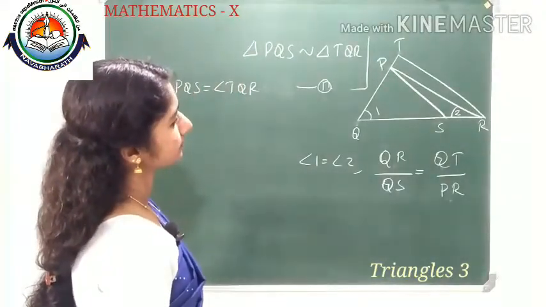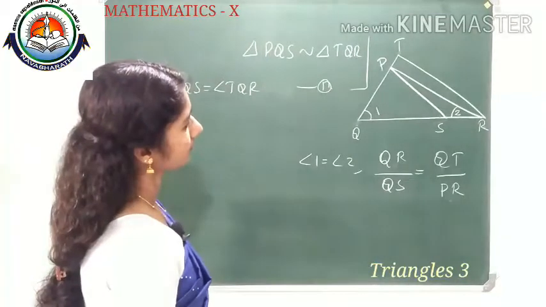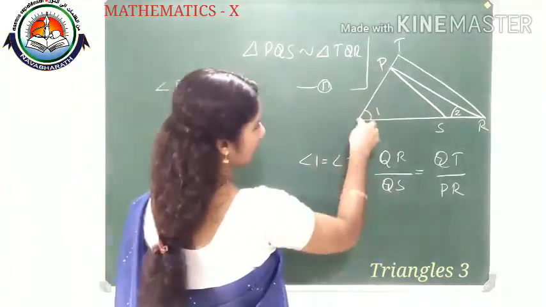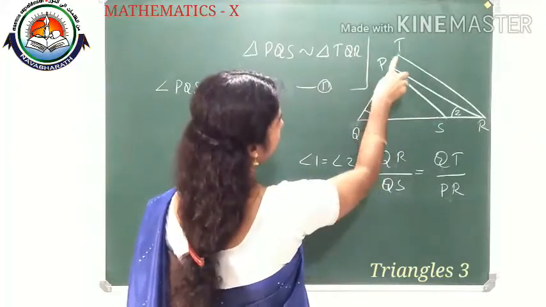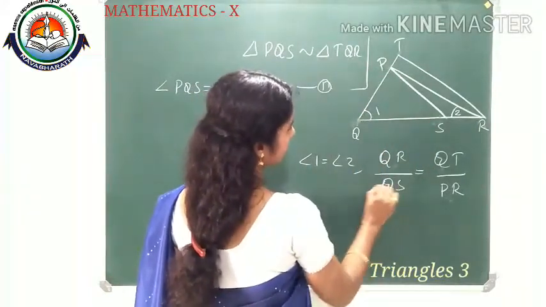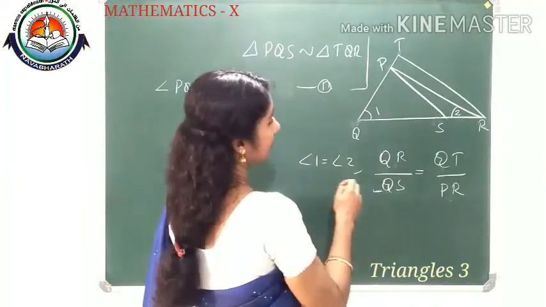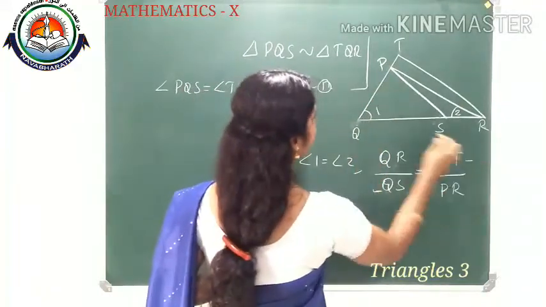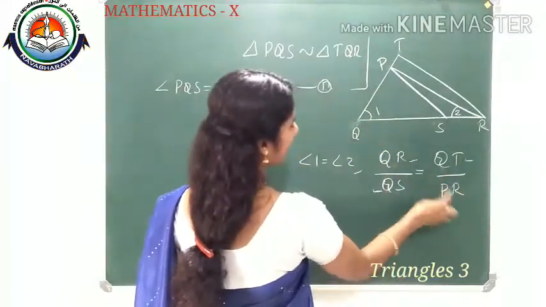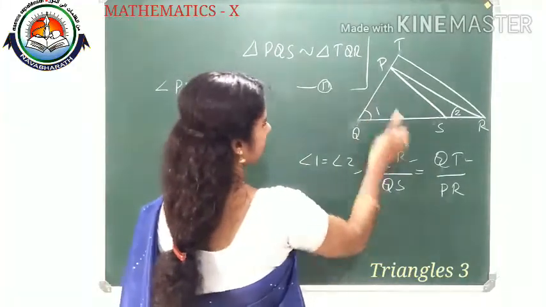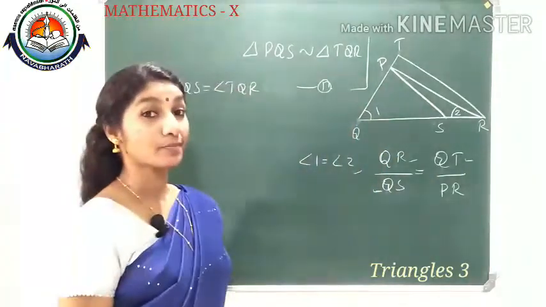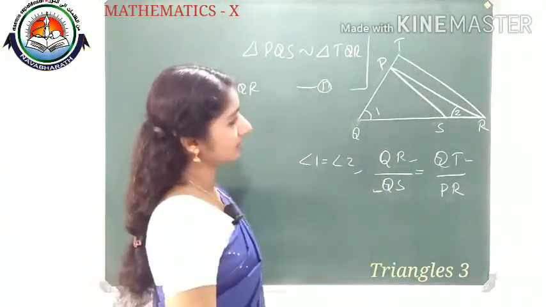Then what about, now we need PQ also. PQ is not given. PQ by QS. QS is there in our given information. TQ is there. QR is there. PR is not required actually. Instead of that we need PQ. Not PS, PQ we need. So what idea can we apply?